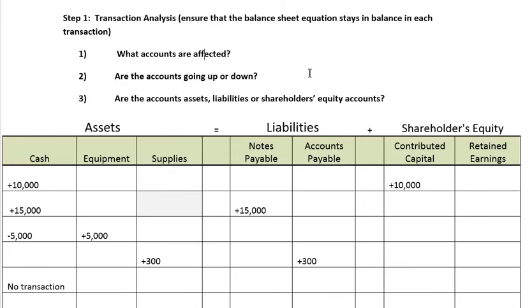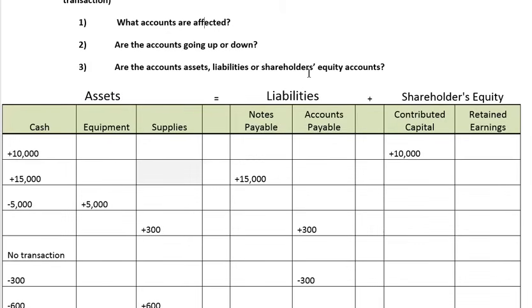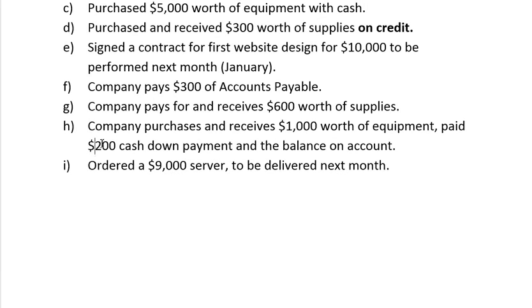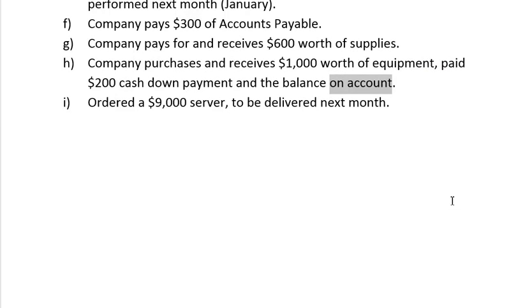or the balance later. So now what's happening to these accounts? Is the cash account going up or down? Well, cash is going down. Why? Because you are going to pay $200 right off the bat. Your equipment account is going up because that's the cost of your equipment. And again, you said you'd pay the rest later, so it's going on account. So your accounts payable account or your debts are going up. So we've got equipment going up, cash going down, and we've got accounts payable going up.